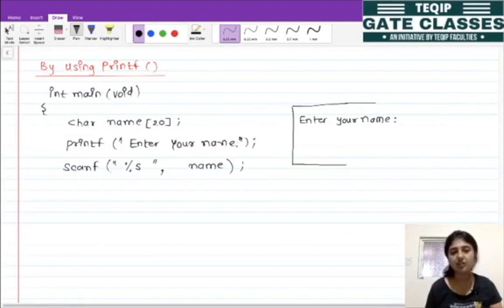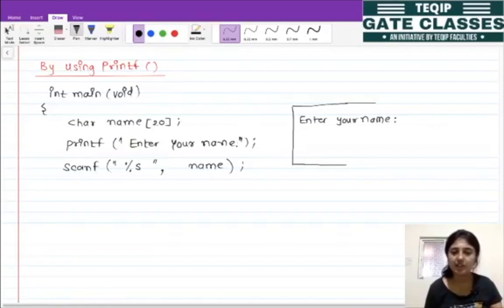If we have other data types like integer, character or float, at that time we need to specify the ampersand. But as it is a string data type, or we can say a character array, by default the name of this character array is nothing but a pointer. Therefore there is no need to add this ampersand symbol.